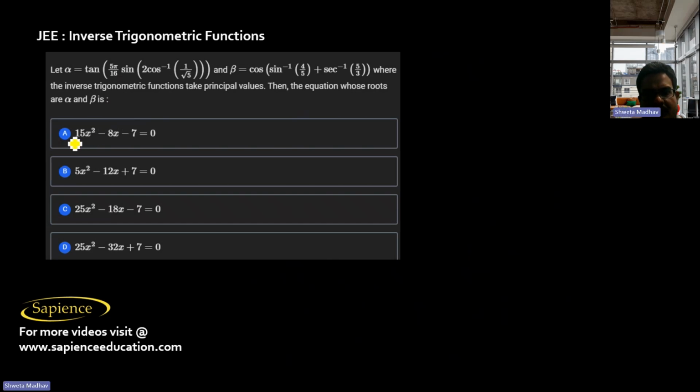The equation whose roots are alpha and beta. Alpha will be tan of 5 pi by 16 into sine of, now you know that